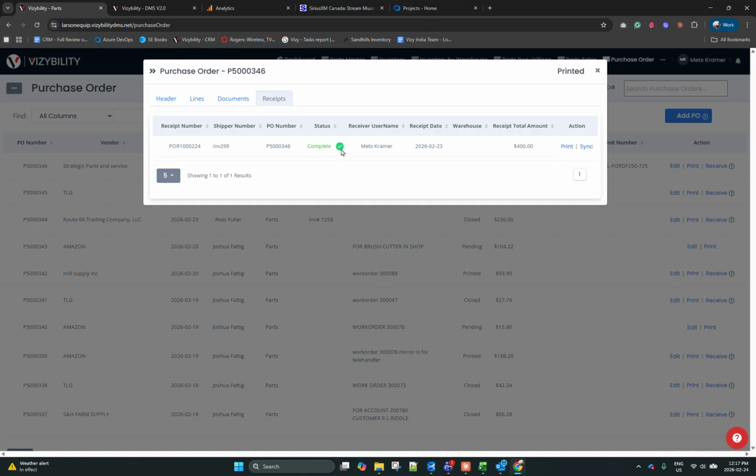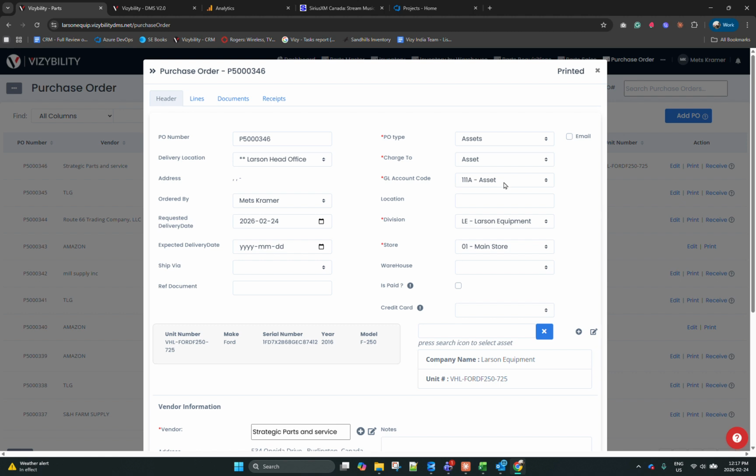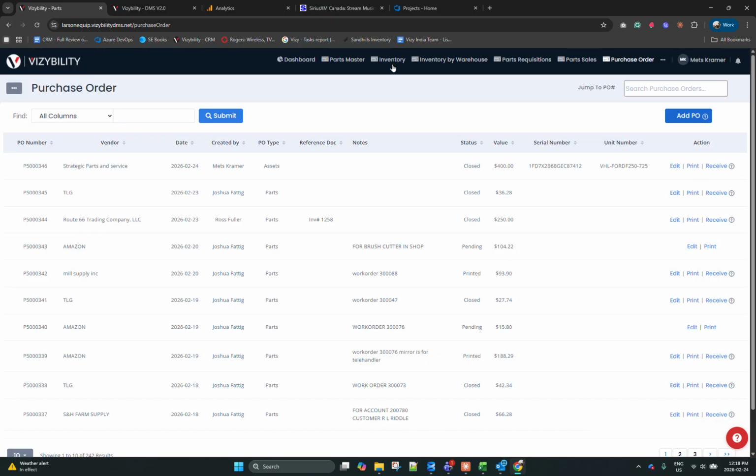We can see that that's synced over there now, and that it's going to book it to that. So when you make a bill, it'll book it to this account, and that'll line it up and put it in the inventory properly. And then the last thing would be to look at